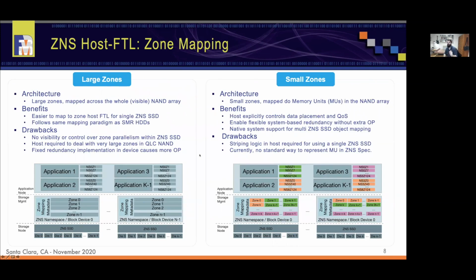So, zone mapping, coming back to the use case: if you want to map it, archival is very much large zones. Log IO is in the middle between large zones and small zones. IO predictability goes more to the small zones. So when you go with large zones, these are zones that either span across the whole NAND array on the device or through a large number of dies on the CNS device. This is very good